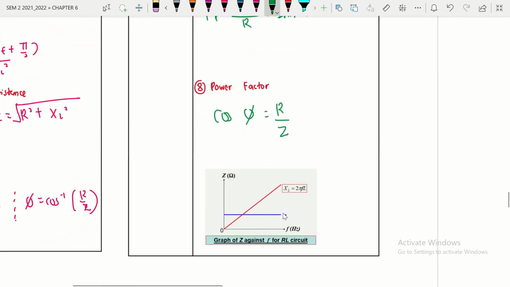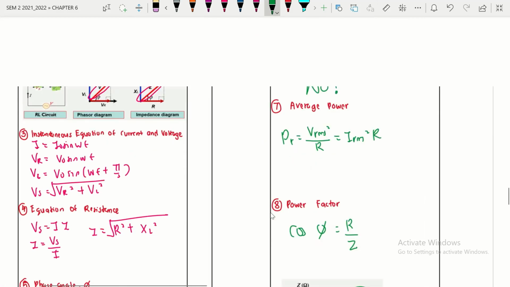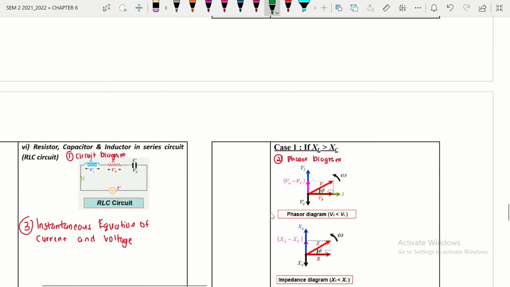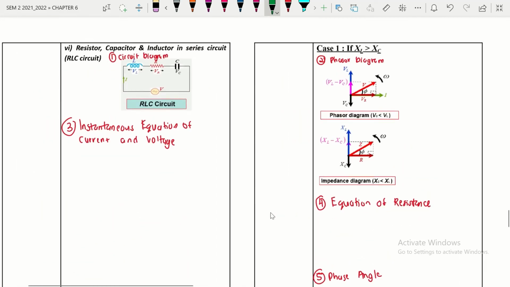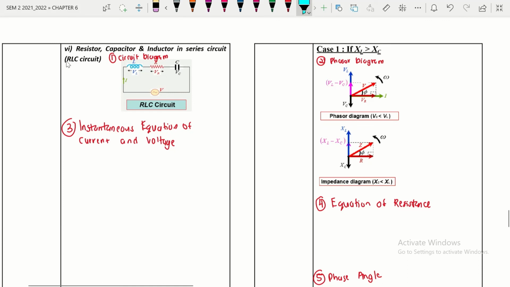Resistor over impedance. Sekarang kalau you tengok, you akan ada dua graph juga. So you will have you punya inductive reactance punya graph dan juga resistor. So resistor dan inductive reactance punya graph. So that's all untuk you punya RL circuit. Okay, now let's look at the RLC circuit. Okay, RLC circuit. Nampak tak dia akan ada inductor, this is the circuit diagram, dia akan ada resistor dan dia